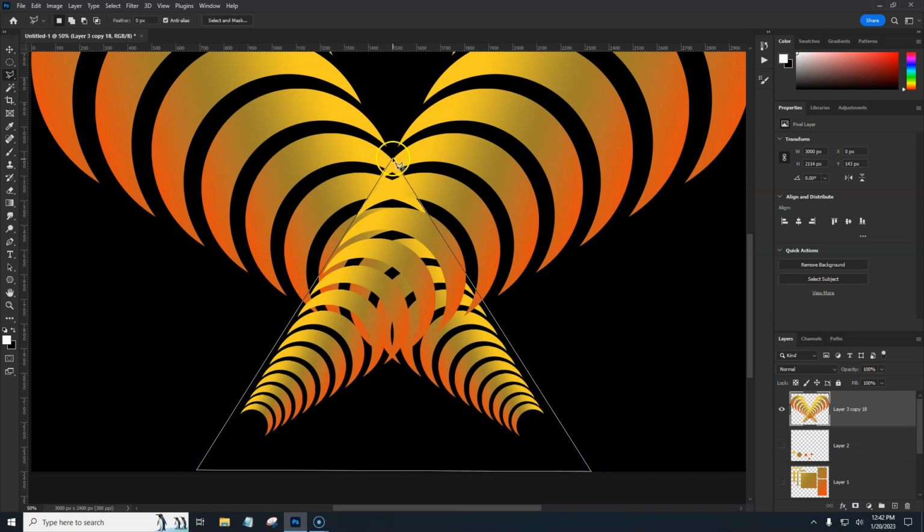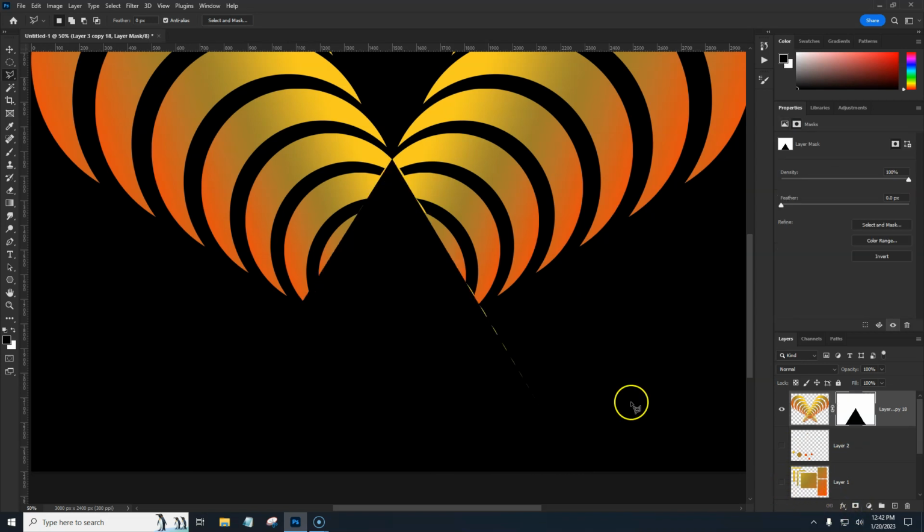Is that the right angle? Not really. Here. That's close enough. And then we'll just hold down Alt or Option and hit our mask button, and it deleted that. Okay, it didn't really do that good of a job, so we can just kind of go around this